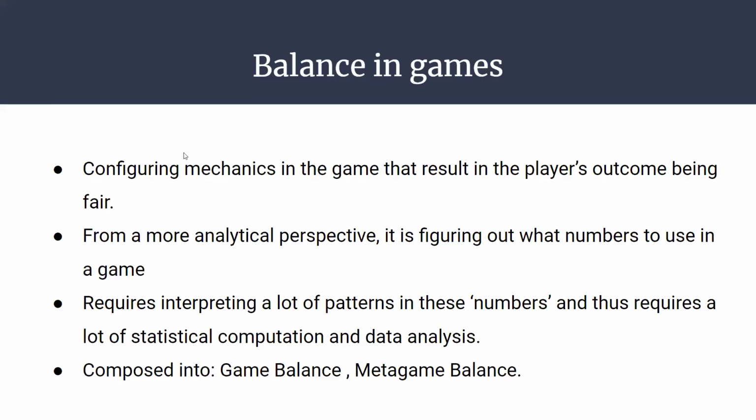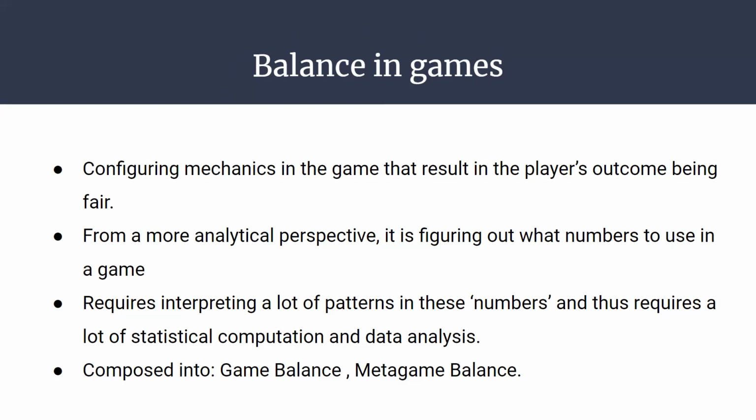Now that we've talked a little about incompatible user promises, let's go into how we can use technical parts in the balance of games and try to configure it. But before that, what is balance in games? Simply said, balancing games is trying to figure out mechanics and tweak stuff that results in a player's outcome where the player finishing the game would feel fair and justified.